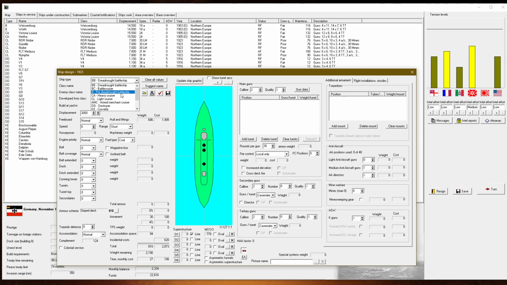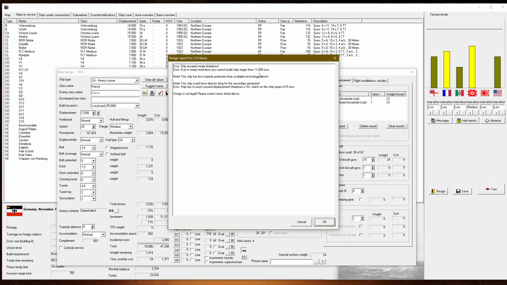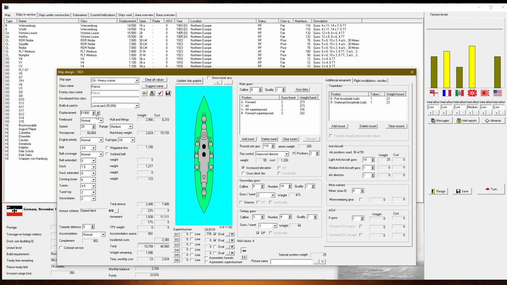Design a ship. CA, auto design. 10,000, huh? Let's just bump this up to 12 and change. Okay, 11. Still, 11,000 tons. Okay. Range, short. This is just for the next war. I don't like doing this, but it's what it is. Engine priority, built for speed. Short range, monsters. Get rid of those mounts. We will add...